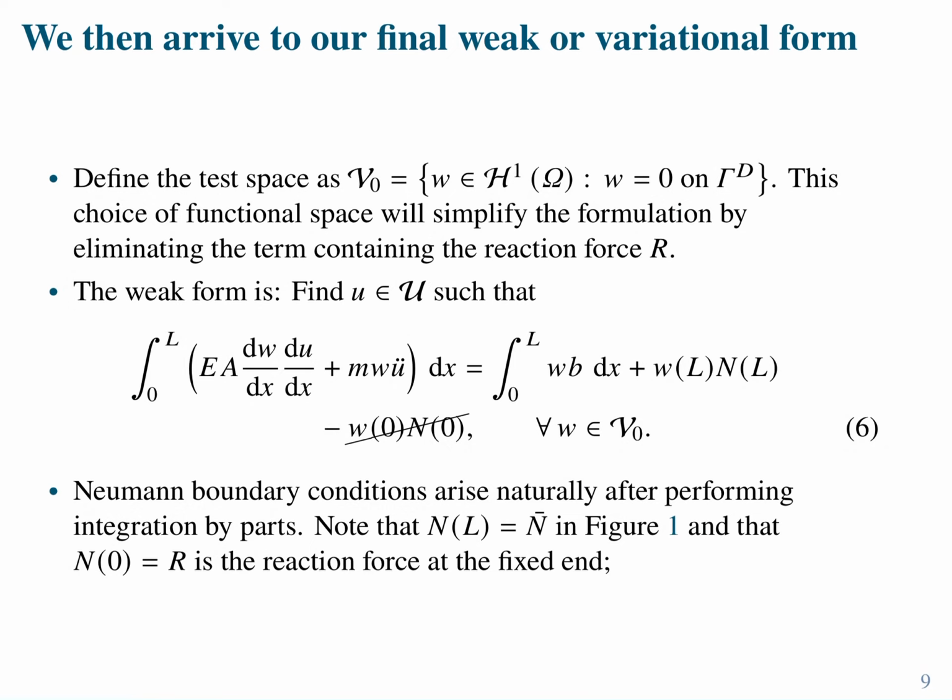So basically now our final version of the weak or variational form is stated here. You notice that on the left, we have two terms, right? The first term is essentially going to be our, let's say, potential energy. This is the strain energy of the deformation. Then we have a second term here, which is the inertial term, right? So essentially, you can already see that this equation is going to lead to certain structures, right? So here, this term is going to lead to my so-called,